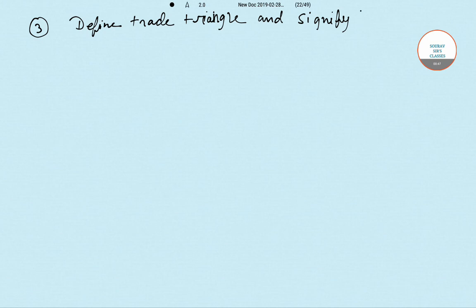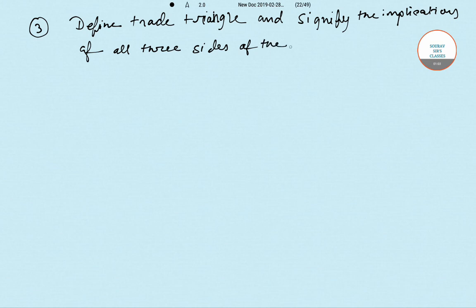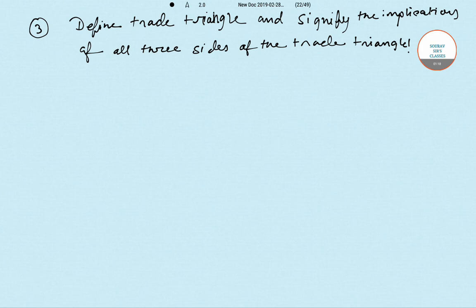the implications of all three sides of the trade triangle. So first of all, we'll define what the trade triangle is all about. Then we'll signify the implications of these three sides of the trade triangle. So for this, first what we'll do is